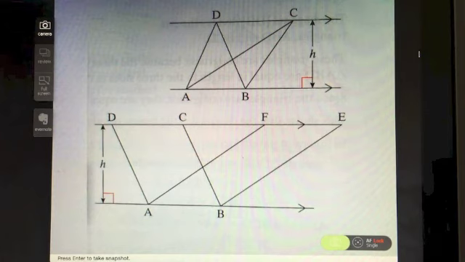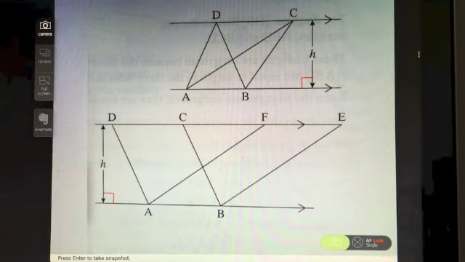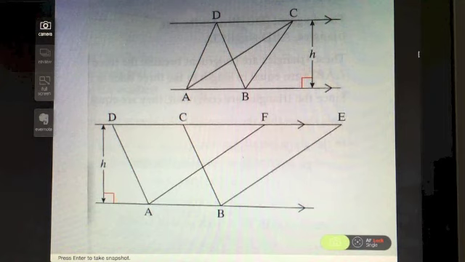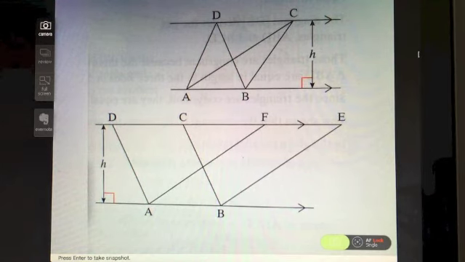If you have triangles with the same base in between two parallel lines, they've got to have equal areas, because obviously the distance between the two parallel lines has to be the same. So if you know they have the same bases, then they will have equal heights. And the same is true for parallelograms in between parallel lines as well. So watch out for that: the heights have got to be the same. The distance between the parallel lines all the way through has to be the same. So once you know you've got the same bases involved, then it follows that they have got to have